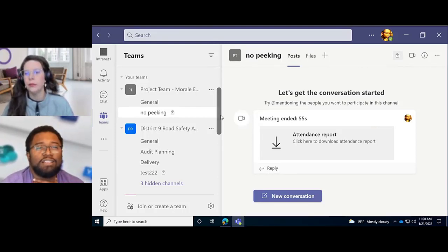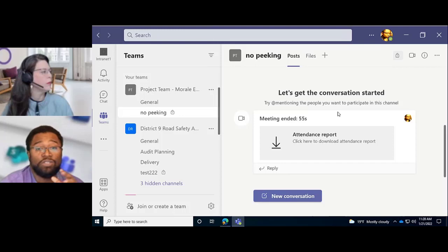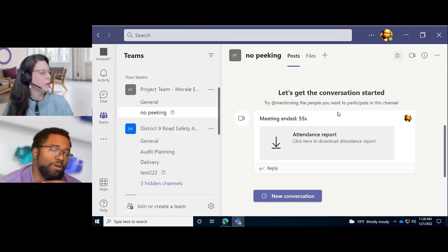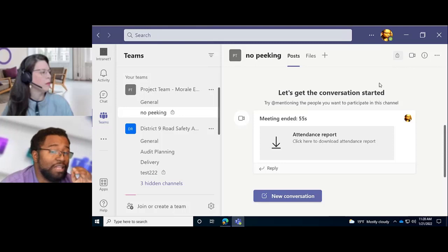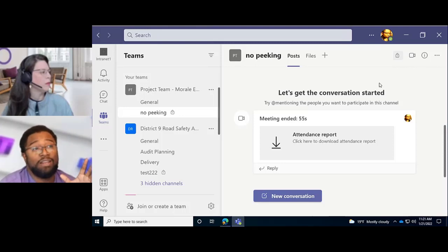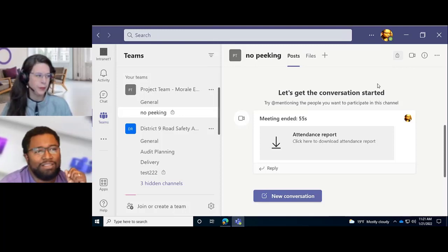So yes, Glenn asked to talk more about inviting external people. I can talk about it in general, and then we can get specific to that upcoming feature as well. But I do definitely, with customers, like to point out that you can collaborate with anybody on the planet with an internet connection and a browser, essentially, and an email address, I guess, would be the third requirement,